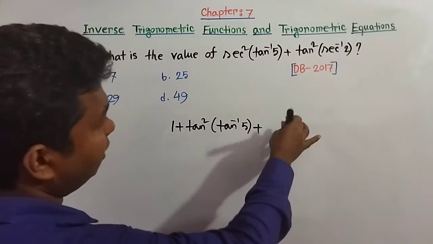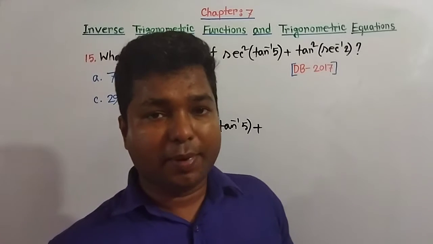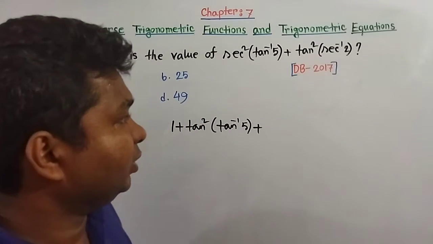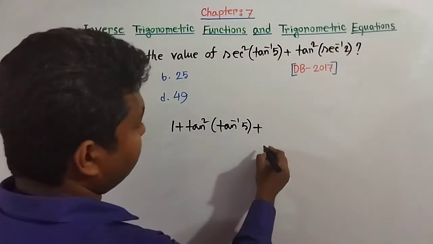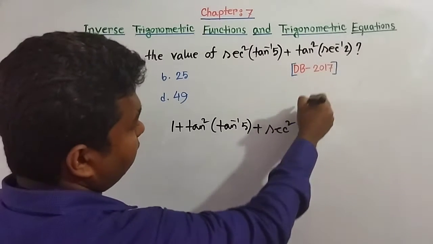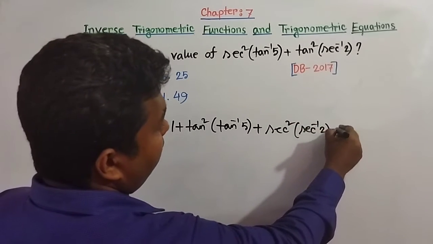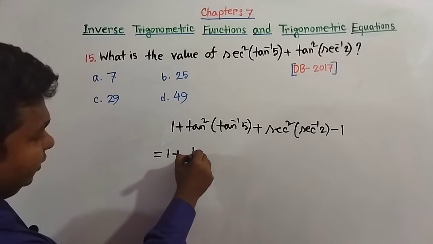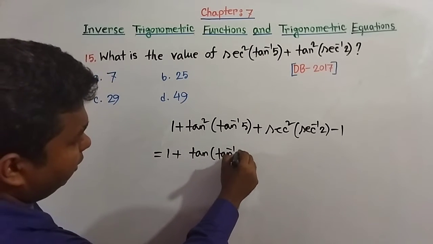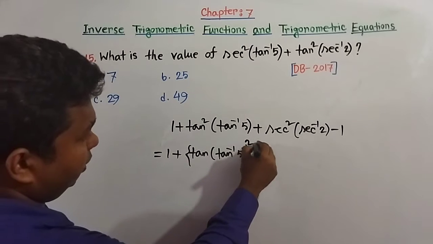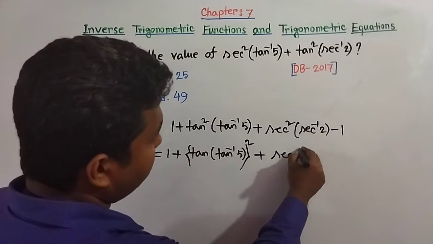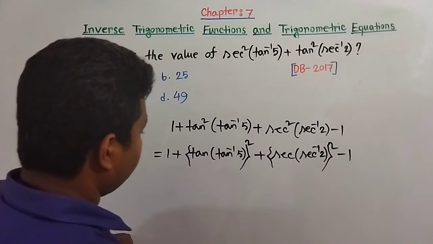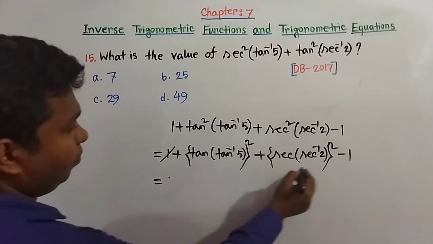Again here plus tan square sec inverse 2. We have a formula tan square theta equals sec square theta minus 1. By using this formula, we can write tan square of this as sec square of this minus 1. Now here 1 plus tan square tan inverse 5 whole square. Again here plus sec inverse 2 whole square minus 1 equals, here plus 1 and minus 1 will be cancelled,